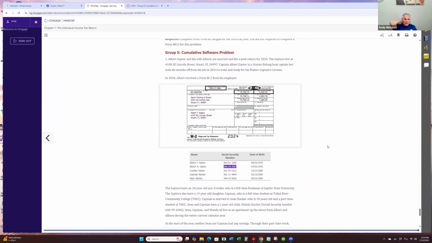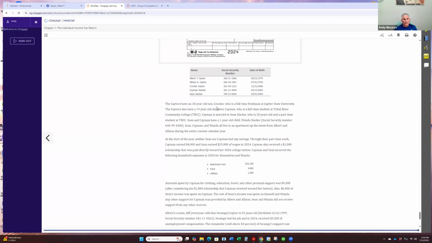The Gators have an 18-year-old son whose name is Crocker, who's a full-time freshman at Jupiter State University. The Gators also have a 19-year-old daughter, Cayman, who's a full-time student at Tribal River College. The daughter, Cayman, is married to Sean Slacker, who is 20 years old and a part-time student. Sean and Cayman have a 1-year-old child, Wanda Slacker. Sean and Cayman and Wanda all live in an apartment up the street from Albert and Allison during the entire